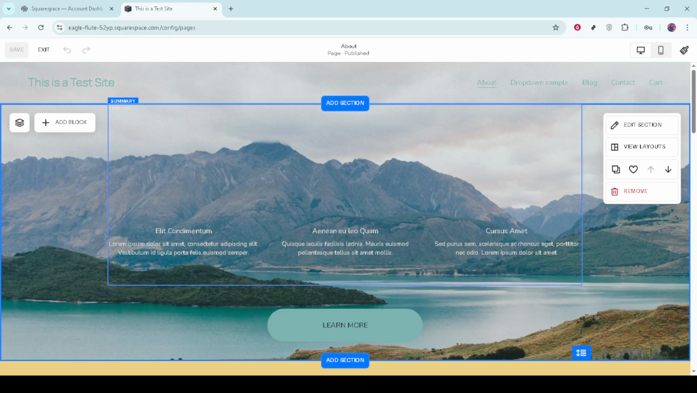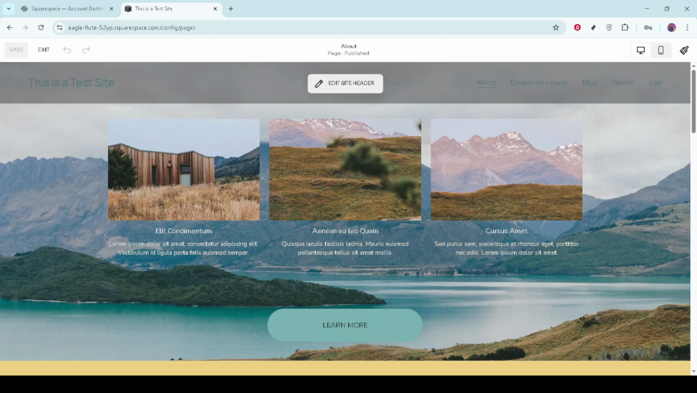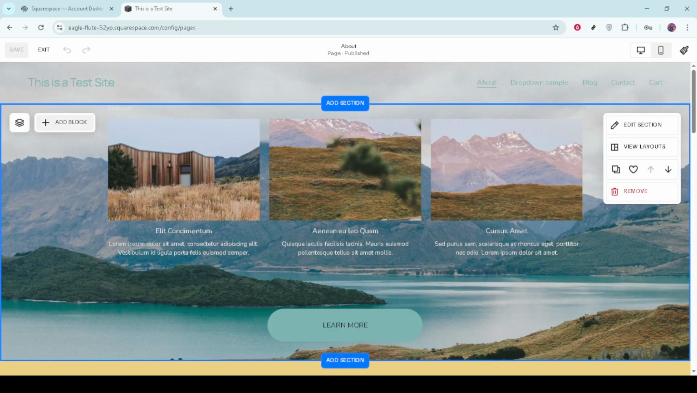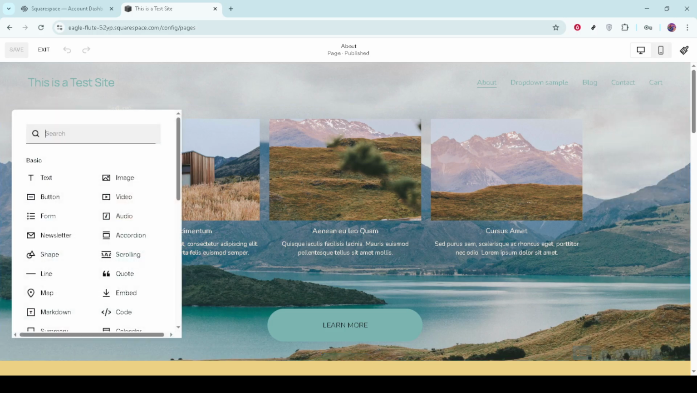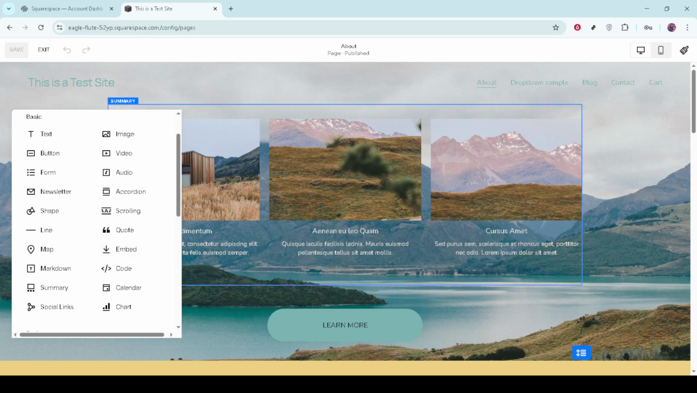In the top left corner of this section, you'll notice the Add Block button. Clicking this opens a plethora of block options you can add to your design. Feel free to experiment with different blocks, whether it's text, images, or video. The choice is yours. Once you have your blocks, you can customize their placement by clicking and dragging them within